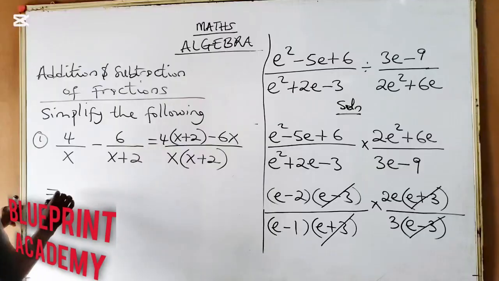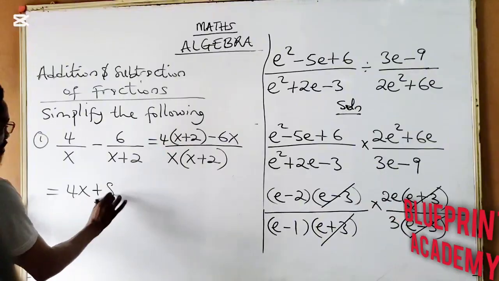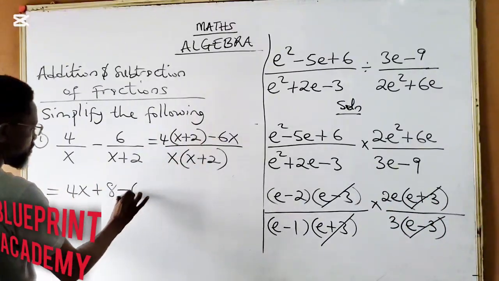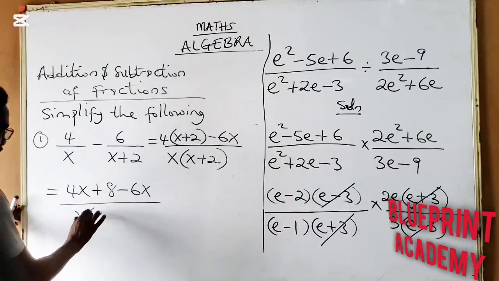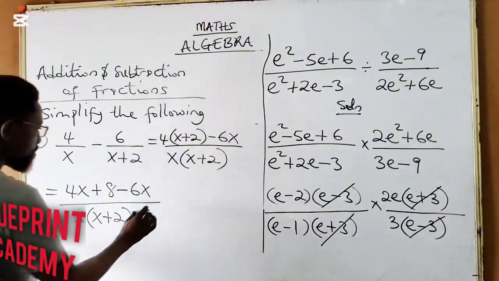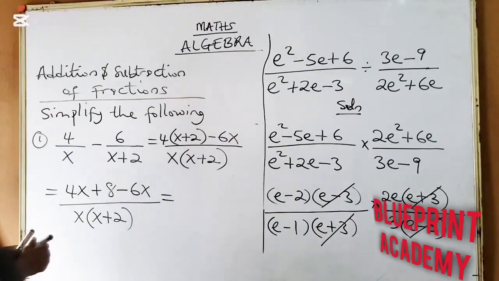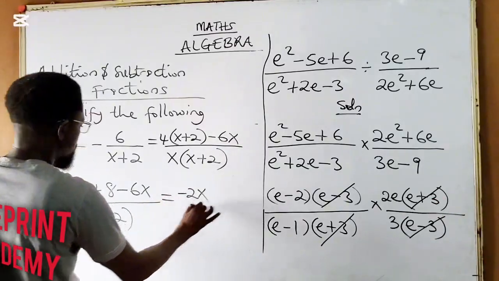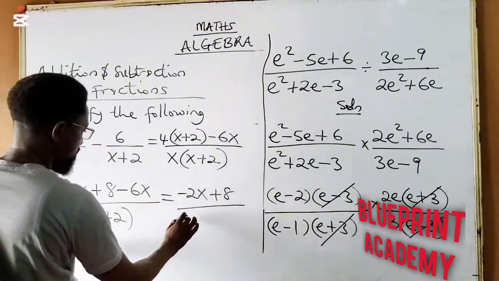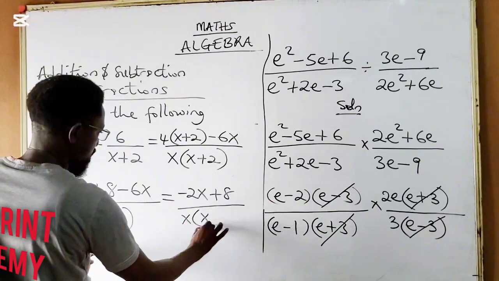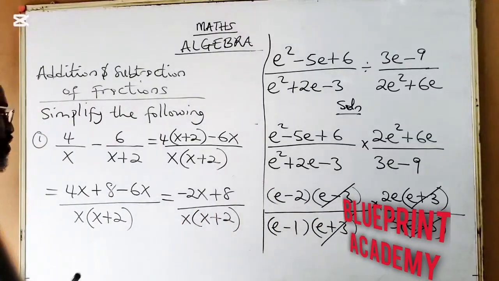You open a bracket in the numerator. We have 4 times x, that's 4x. 4 times 2 will give us 8. Then minus 6 times x, which is 6x. Then the denominator, we have x into x plus 2. So now we have 4x minus 6x, that will give us minus 2x, then plus 8, all over x into x plus 2. That is the final answer, except you wish to